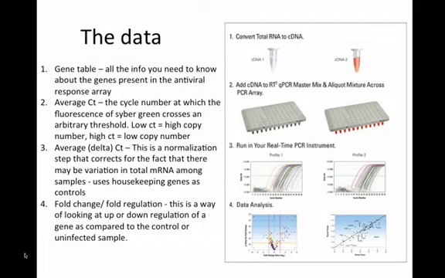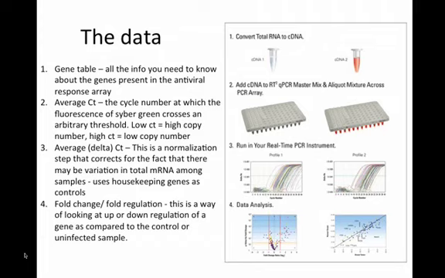And so we use housekeeping genes. These are genes that are constitutively expressed, like actin, GAPDH. Those are the ones that I like the most. Ribosomal proteins. These are things that are not going to be induced by viral infection, hopefully. If they are, we throw them out. Actually, one of the genes that is included in this array is beta-2 microglobulin, which is part of MHC class 1, and obviously that's going to be affected because it's an immune response-related gene. So we threw that out because it's not useful to normalize your data based on fluctuating data.